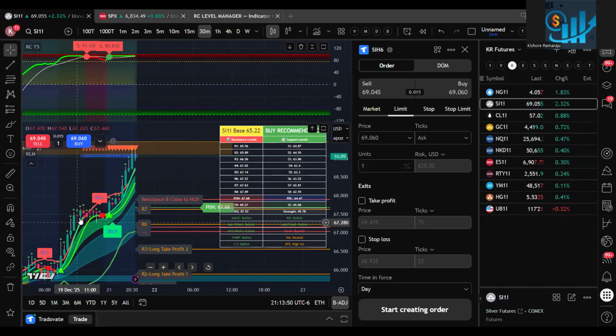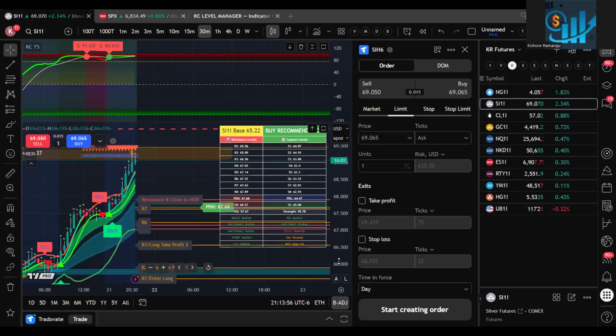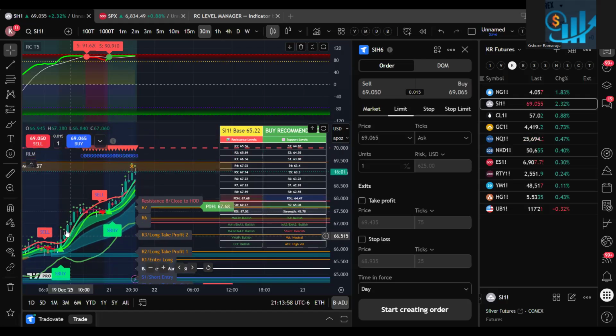By recommendation, clouds are green and blue. Your T5 is green. So when you have all these things, you mainly watch out for the buy opportunity, right? Your sell stayed just for 10, 15 minutes, and then again it went up for nearly 1 hour. You got a sell, it only stayed for 5, 10 minutes, your buy is nearly for 1 hour. That means your buy opportunities